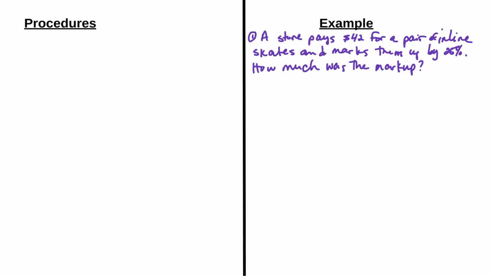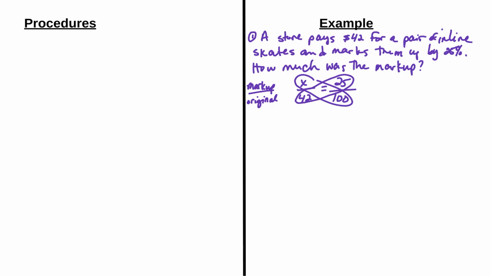So what we need to look at is the fact that it's $42 and there's a markup based on that. So X out of 42 is going to be 25 out of 100. Because remember that part to whole is percent out of 100. And what we're talking here is markup compared to original. And we can solve this with cross multiplication, where we look at X times 100 and 42 times 25. I'm going to use the space to the right instead of underneath to try and save a little space to fit in the next 2